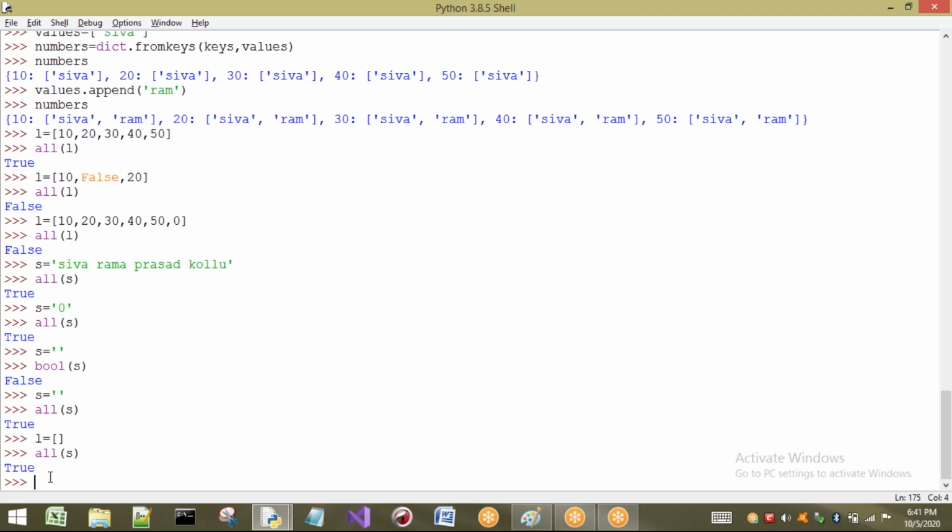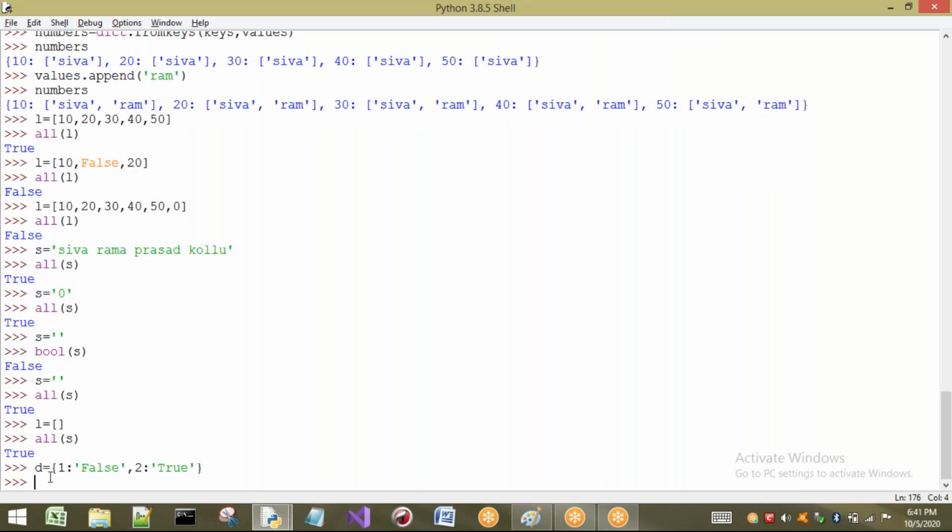But as now we are seeing dictionaries, let us see one small example for the dictionary case also. In the case of a dictionary, what happens? Here it is not going to consider values. It is going to consider only keys. If all keys are true, then it's going to give you True. Let us see that one. It is not going to consider values. I'm going to take one dictionary here. In that I will take one key with the value False, no problem, directly I will take False here. Next, two with the value True.